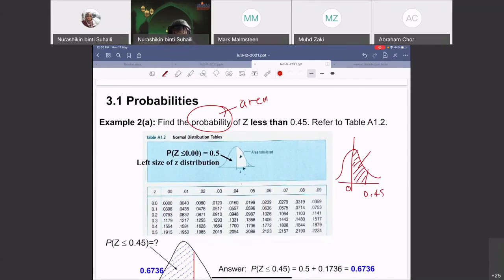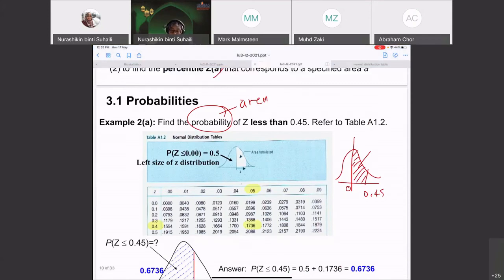So you just have to find from the table Z equal to 0.45, which is this one, isn't it? So this is 0.4, and this is the decimal point. So the value should be 0.1736. But you have to remember that this one is referring to only one side of the